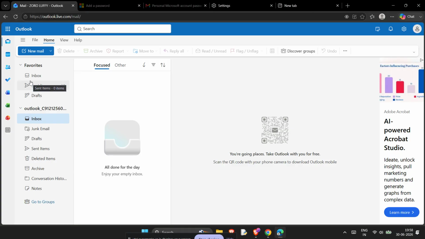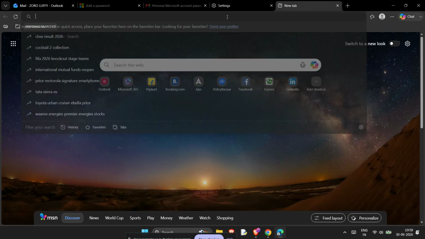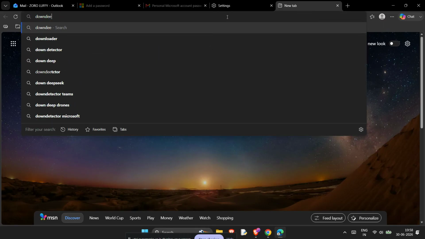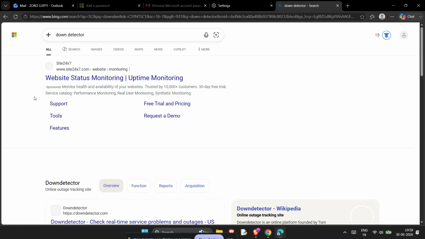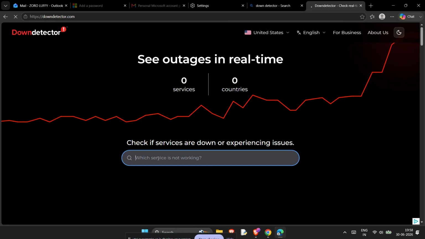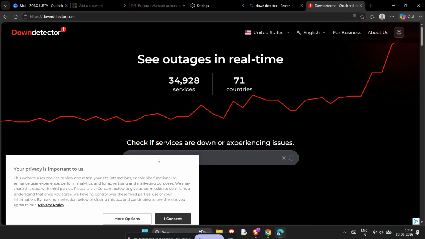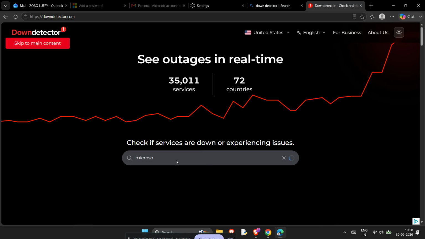Visit Downdetector and look up the status of Microsoft services. Sometimes the issue is not on your side at all. If Microsoft's page or login services are having a temporary outage, you may need to wait until the service comes back online. So to recap, start with the private window, test the login again, then clear your cookies and cache,